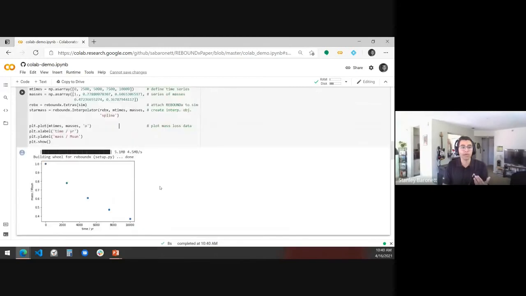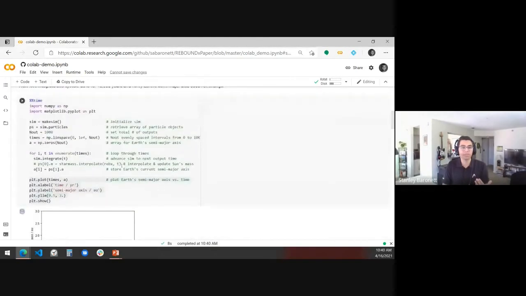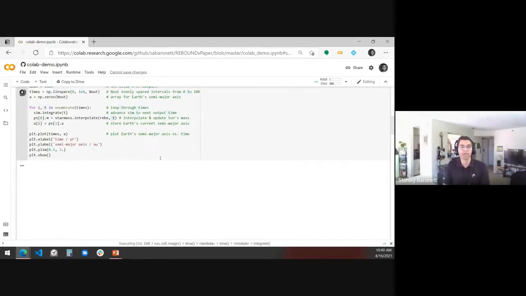And so to do that, all we need to do now is just go back up to the cell, and there is this line that I had commented out here. And all we're going to do is uncomment that line. And what that line does is it just updates the mass of the star by interpolating that stellar mass with that object that we talked about at that time. So in other words, whatever time it is in REBOUND, find out what the mass is at that point, update the star. And so we'll go ahead and run the code again now that it's uncommented,